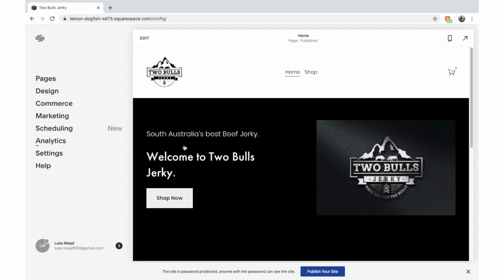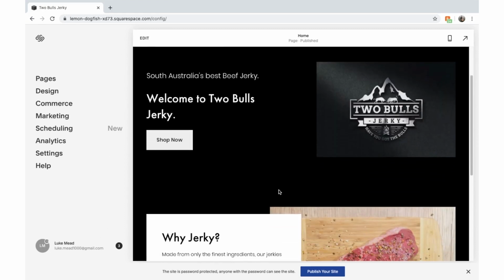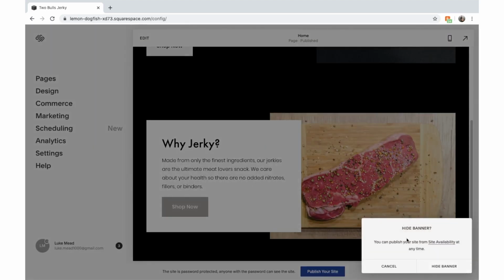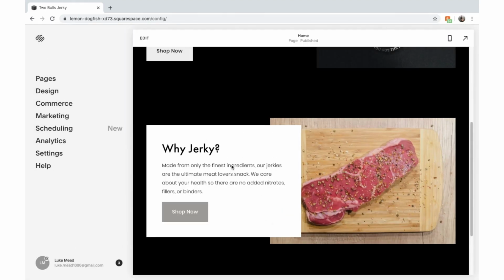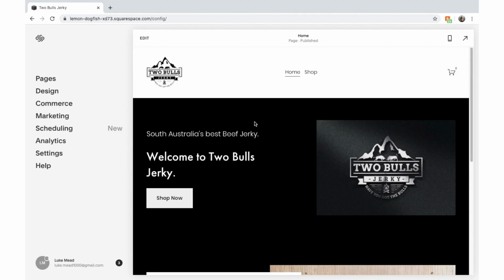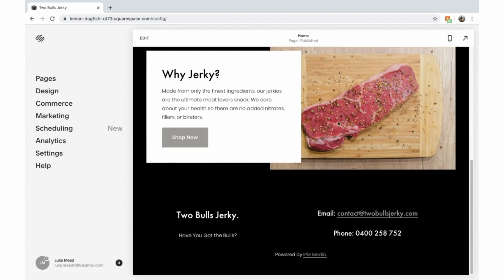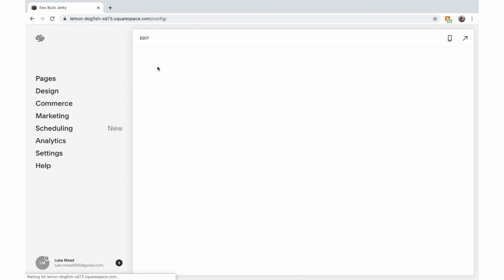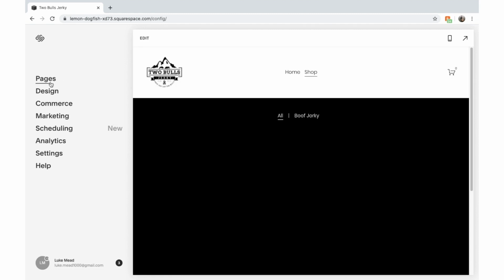So as you can see, we're on Squarespace editing a website right now. Hide that banner and let's go and add a blog to it. You can see there's nothing really on this site except a bit of a home page and a shop. That's alright. Let's go to pages